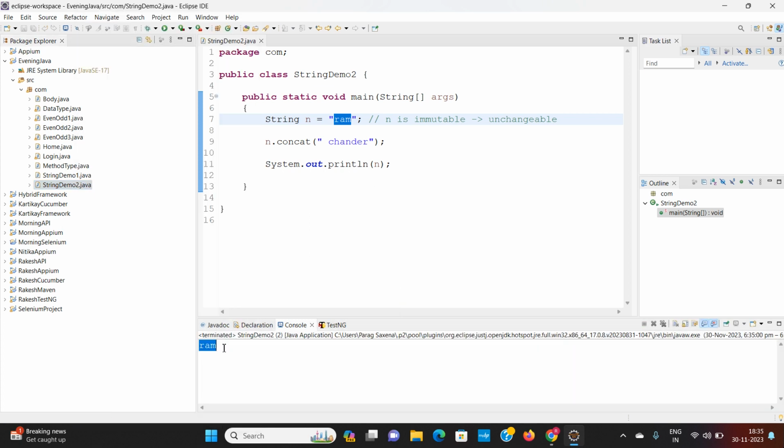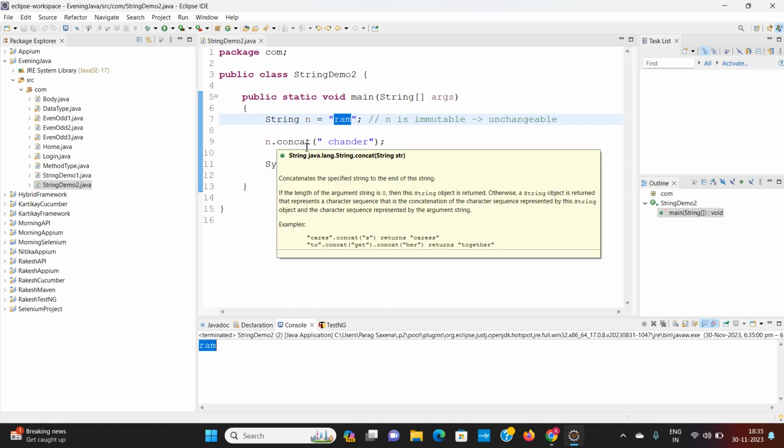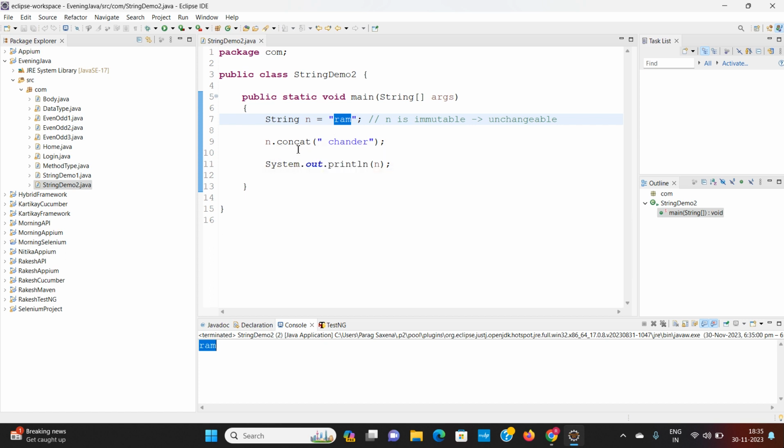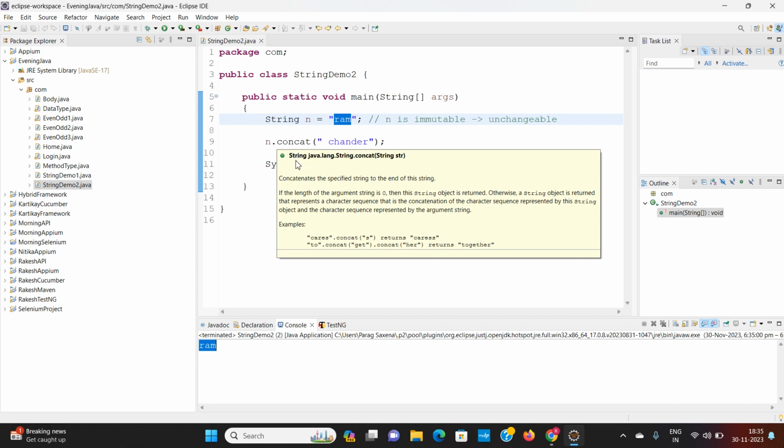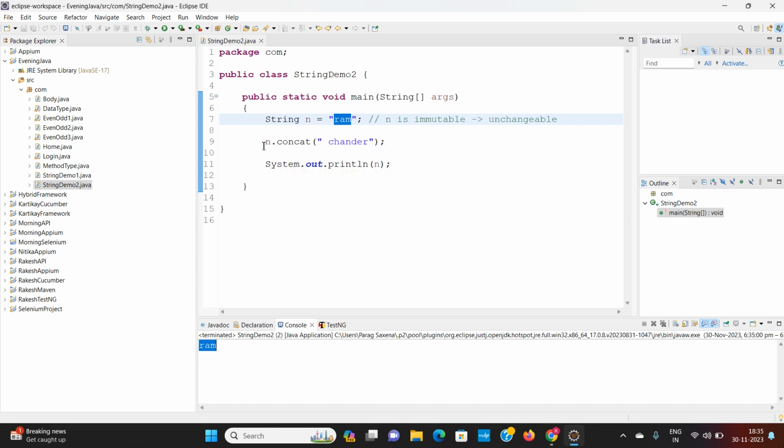You see, I get the value Ram only. I do not get the value Ramchandar. But if I see this concat method, it is returning a new string. The return type is again the string class. So if I store this value in the new string m,